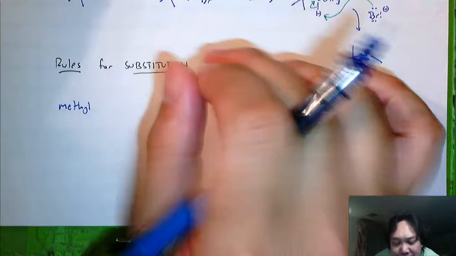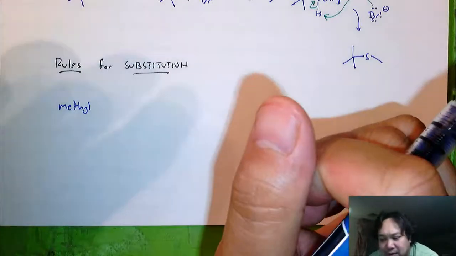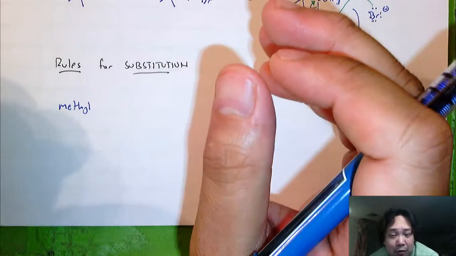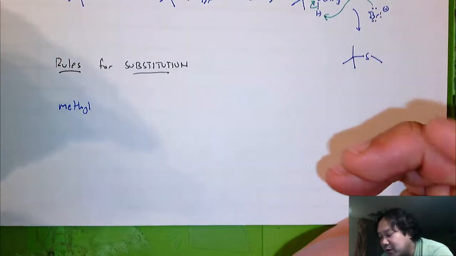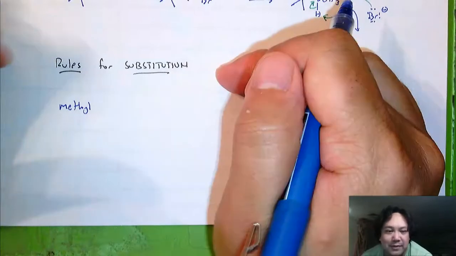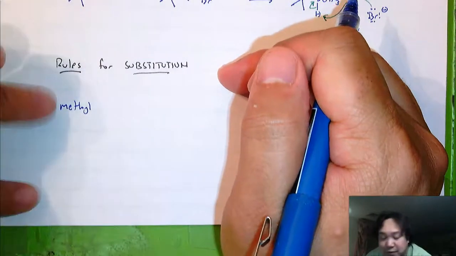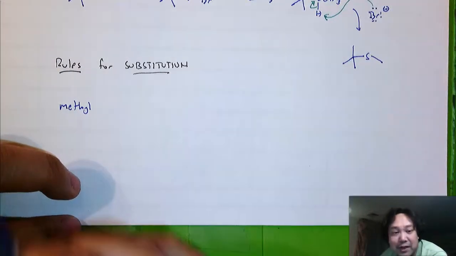You have substitution, you have elimination, and they don't want you to decide whether you have either or even both. So when I give you these rules, these rules only apply to substitution. You wouldn't apply these to elimination. All right. So methyl halides,